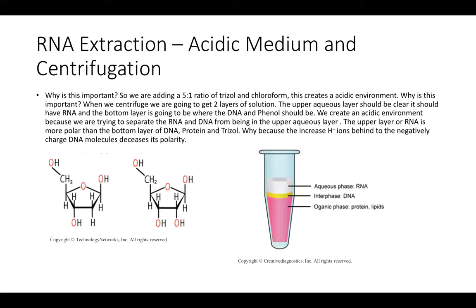What's the purpose of this? So we add a 5-to-1 ratio of Trizol and chloroform. As you can see, we added 1,000 microliters of Trizol and 200 microliters of chloroform. This creates an acidic environment. Why is this important? All right, so when we centrifuge, we get two layers of solution, the aqueous and the